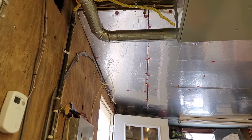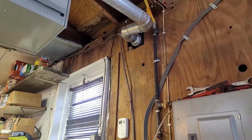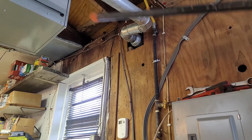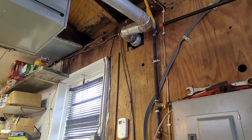Let's see if I can come in a little bit better. There's the fitting. So this is going to be too short to go all the way. This piece of pipe, I'm going to put it up there,